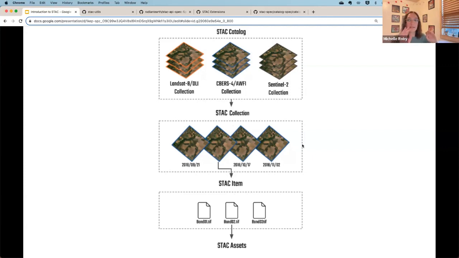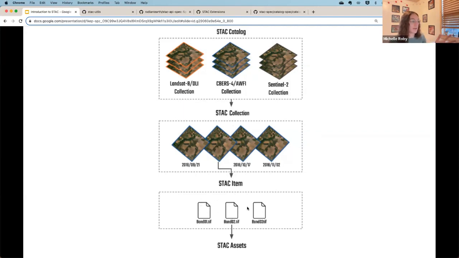So scenes throughout that project that are in that collection, so one of the data provider collections. Then from there, each item that's here, so each scene of data, is going to have layers of data. So band 1, band 2, band 3.